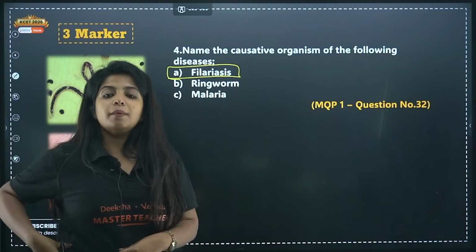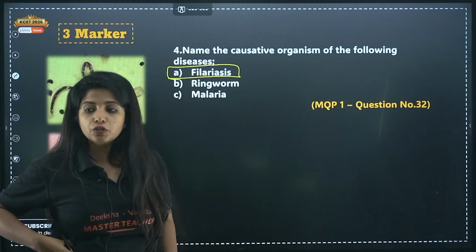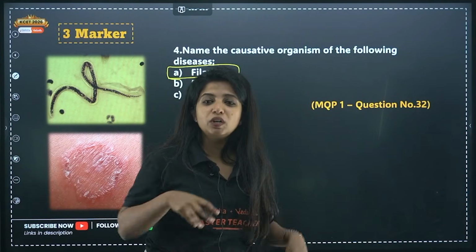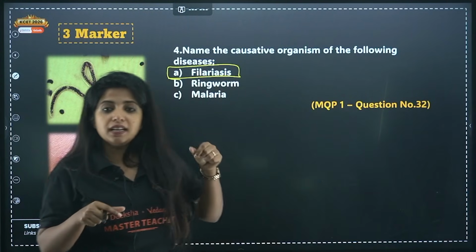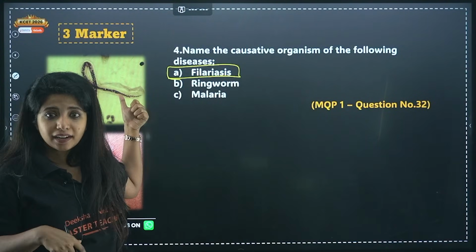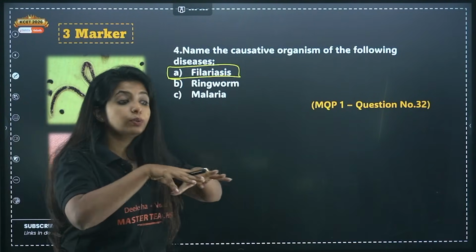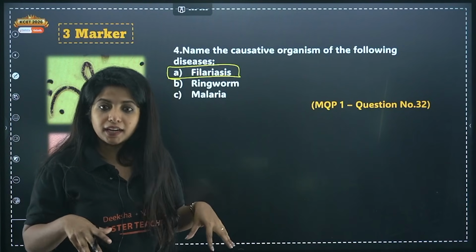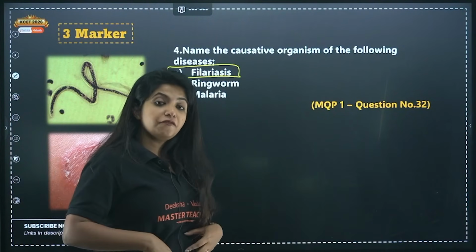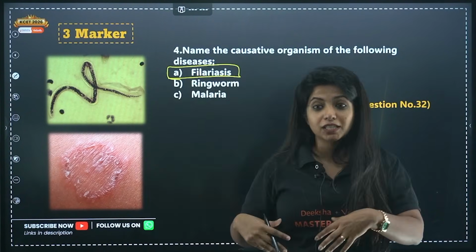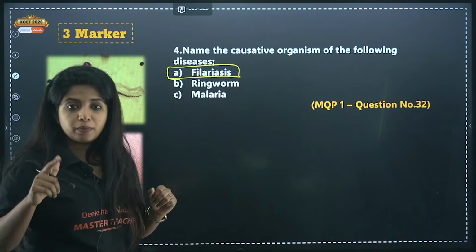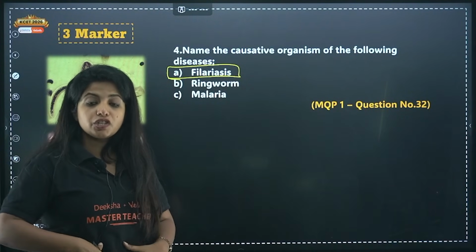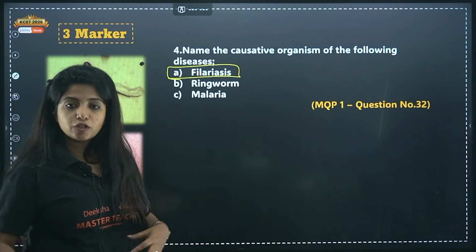Why, my dear children? Because there is accumulation of a fluid which you call lymph fluid. There is no one to collect that fluid, because the vessel that collects that fluid is blocked by this particular organism, which is why the fluid gets accumulated. It usually affects your lymphatic system, which is there for collecting the extra lymph fluid. Always remember, it is more towards the genital region and also the lower part of the body, which is why you have this.